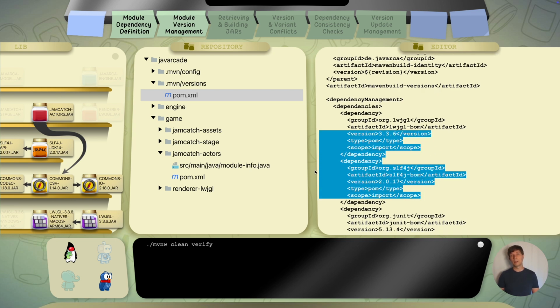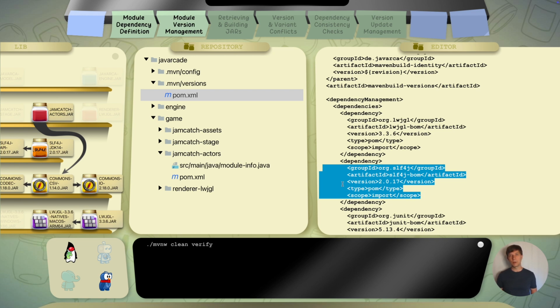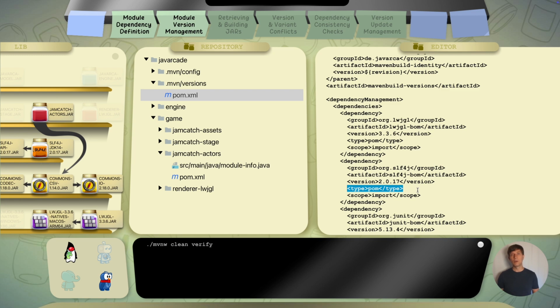Then also in Maven we can use existing BOMs. In Maven this is also done inside the dependency management block, but the corresponding entries contain the type POM and scope import tags. That is because in Maven we do not talk about defining dependencies to published BOMs, but about importing published BOMs. The type POM comes from the fact that the published BOMs only consist of the POM XML file and do not contain a jar file, which is the default for all other dependencies.